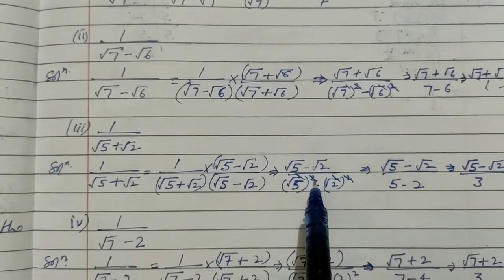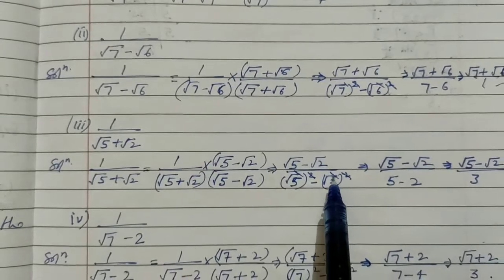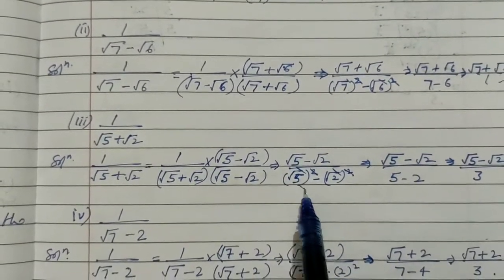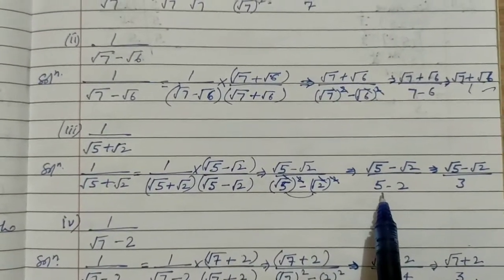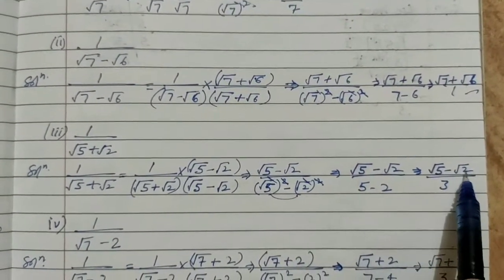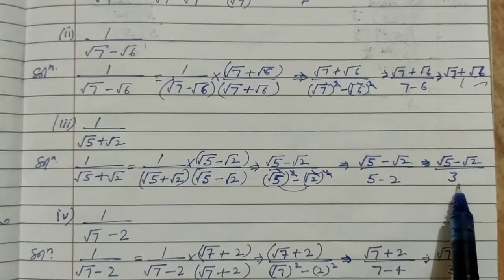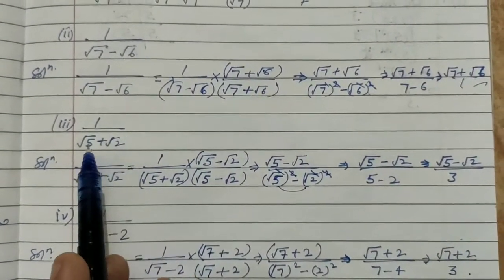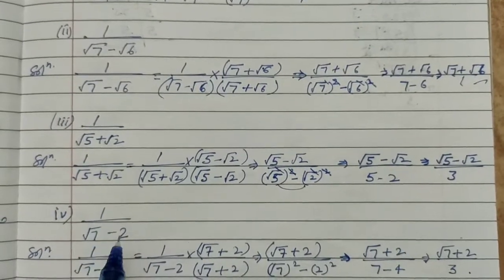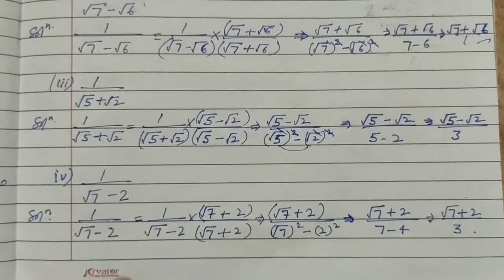So this square root and squares will be cancelled with each other. Here it is also same, square root and square will be cancelled, so we will have 5 minus 2 as the denominator, and 5 minus 2 become 3. So in the numerator part we have √5 minus √2, and the denominator we have as 3. So this is the required result of the given number, that is 1 by √5 plus √2. So now this is all about part number 3. Now proceed for part number 4.